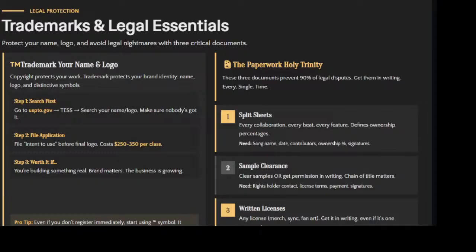Now, to trademark your name, you're going to want to go to the US, it's uspto.gov, and then you're going to go to the TESS tab, and then you're going to search for a logo and a name to make sure that nobody else has it. That's something that a lot of people miss as well. You know, make sure it's not already out there. Now you're going to file for the intent of use, before you finalize your logo, which does cost $250 to $350 per class, and those classes are